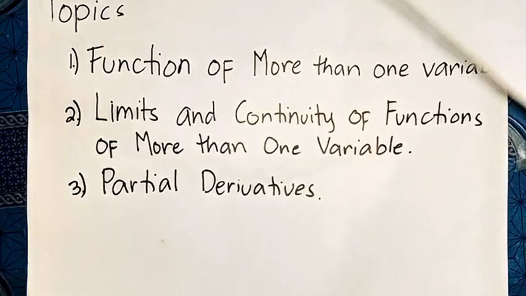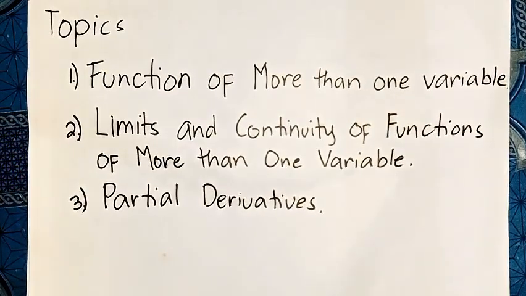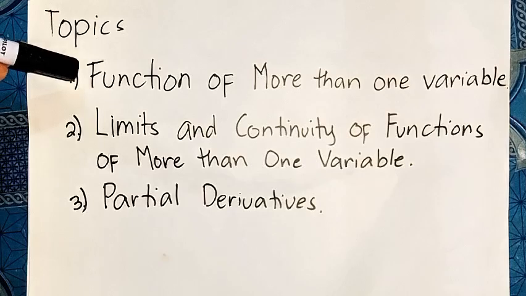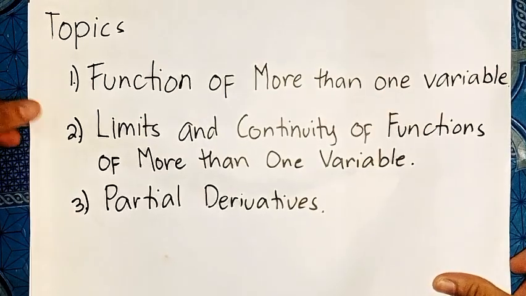In Module 3, there are three topics. It includes first, function of more than one variable. Second is limits and continuity of functions of more than one variable. And lastly, the partial derivatives. Now the objective,